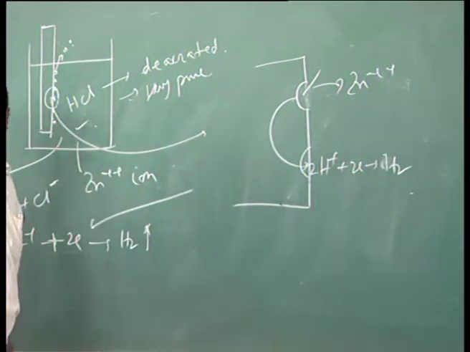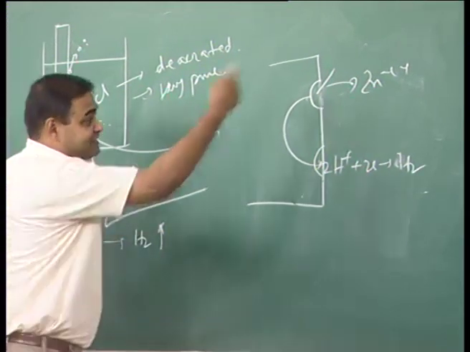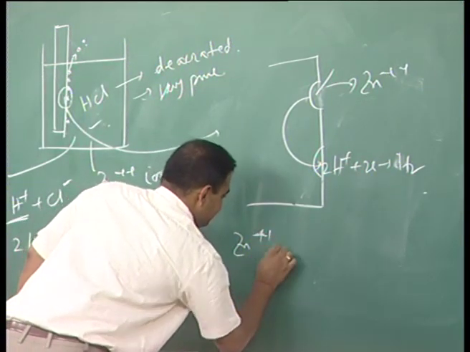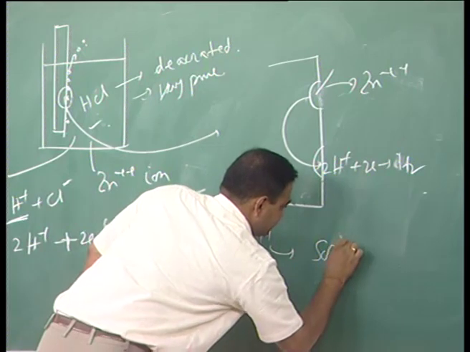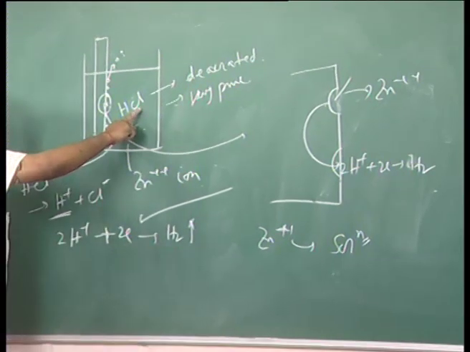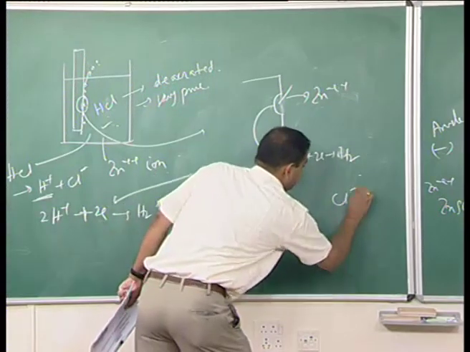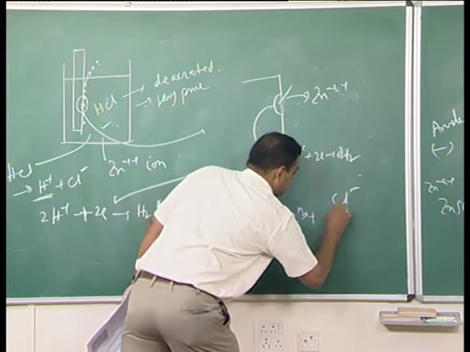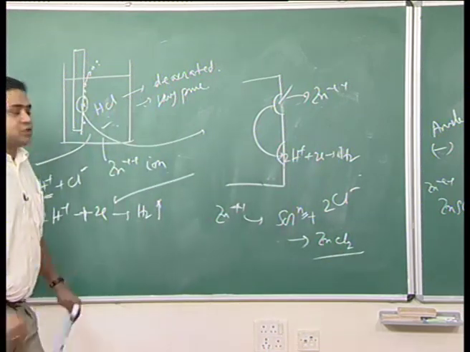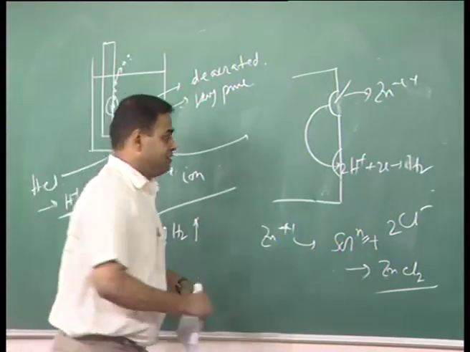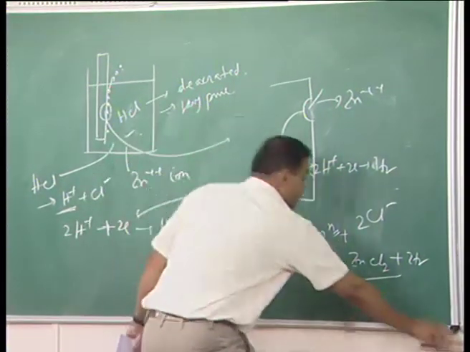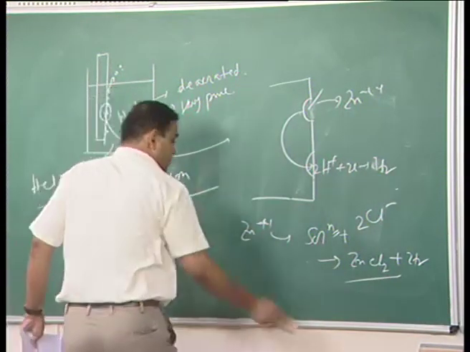Now if you combine this, what would be the product? The same way we did for the iron case, Zn++ is going into solution, and in the solution you have chlorine left out. Chlorine is not taking part in any reaction. So zinc combined with 2 chlorine will form ZnCl2. So this is my product. And which is the other product? Hydrogen is also coming out, H2. Fine. So if you want to see the complete reaction, it becomes